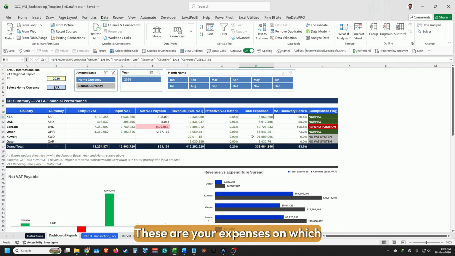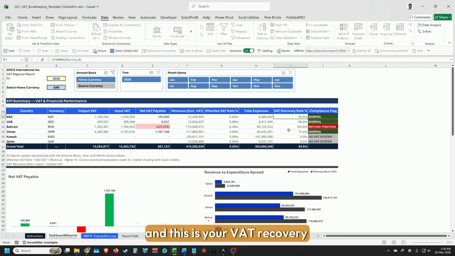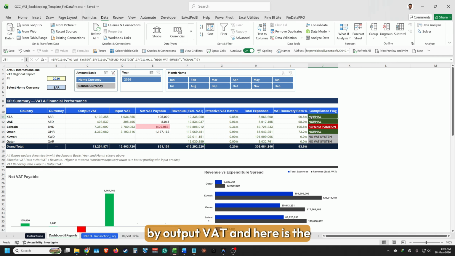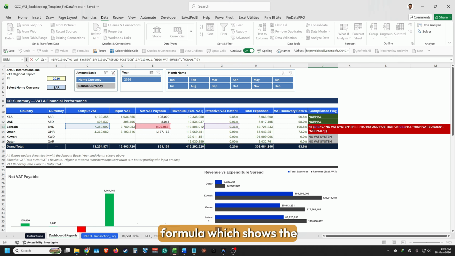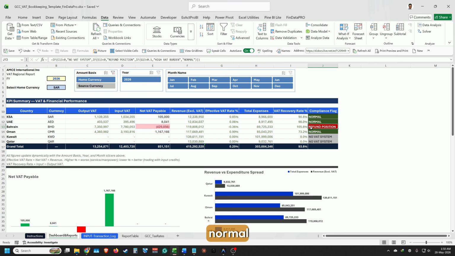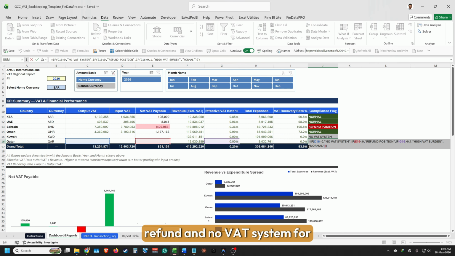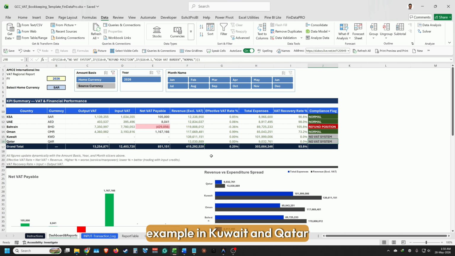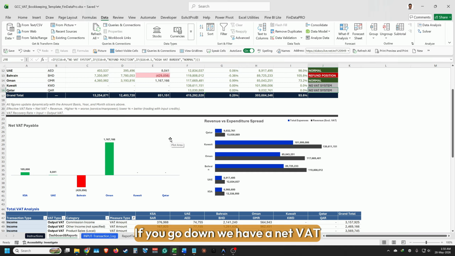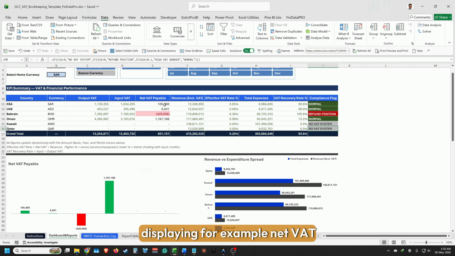These are your expenses on which you're going to claim input VAT, and this is your VAT recovery. That is nothing but D11 by C11, that is your input VAT divided by output VAT. And here is the formula which shows flag, normal, refund, and no VAT system, for example in Kuwait and Qatar. If you go down, we have a net VAT payable which shows usually how each country's VAT is